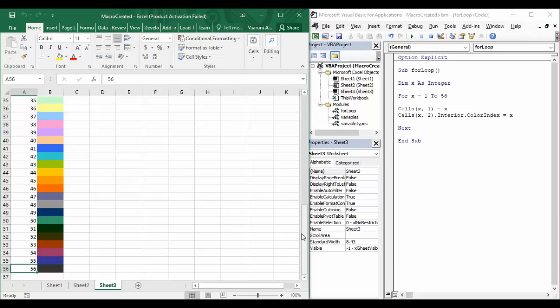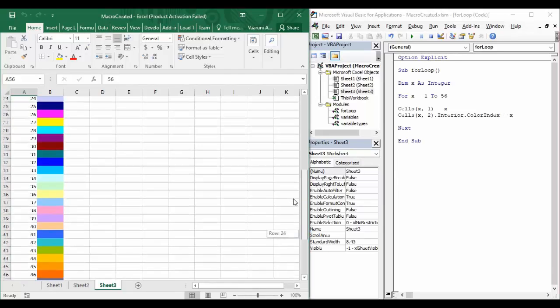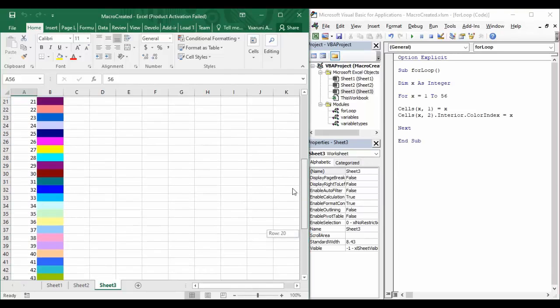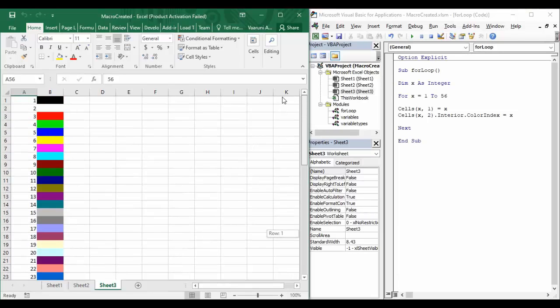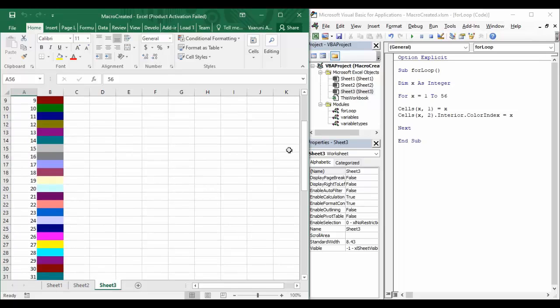Which means these are all the possible color values, and this is the method through which you can get your color band in front of you. This would help you to select for a particular value. Suppose this